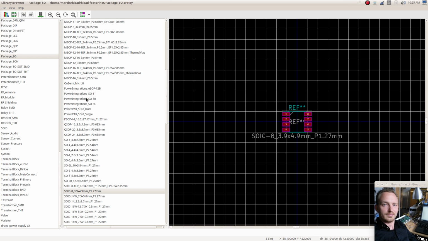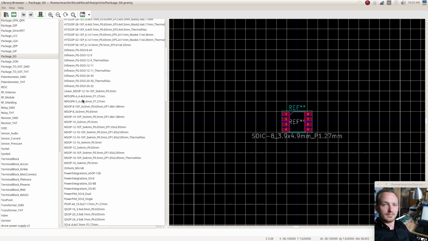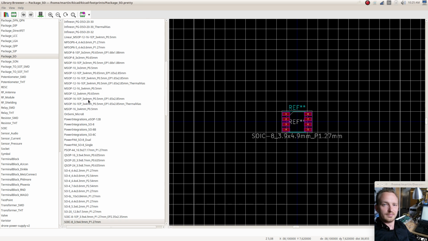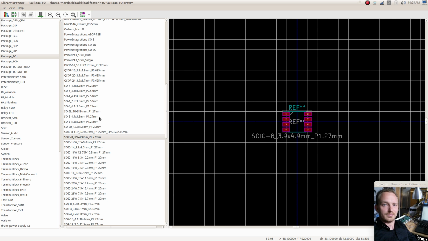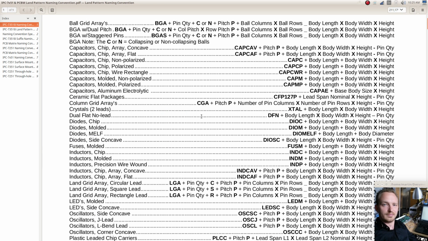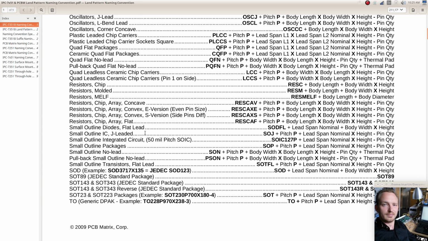And what others do we have? Do we have any others that are basically the same package? To find the right package, you have to scroll through this long list of packages, and there is no obvious way to just describe the package with a string, which is as simple and straightforward as this IPC definition. Let's look at SOIC package, small outline IC. It's always 1.27 pitch, and the only things that are necessary here are the lead span, height, and pin quantity, and possibly the heatsink,